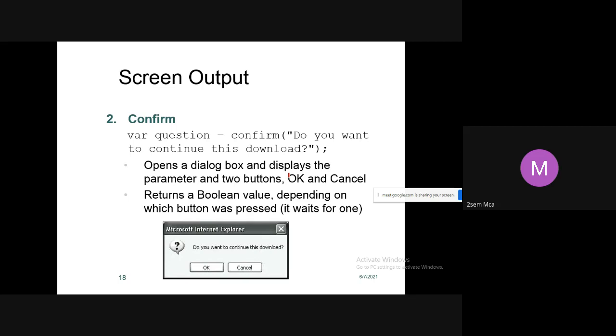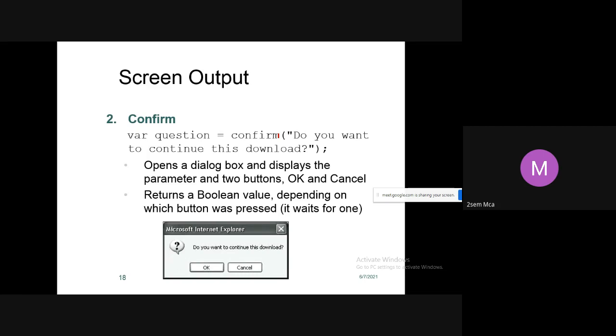It will ask, do you want to continue downloading? If you click on the OK button, it will continue. If you click on the cancel button, it will stop the downloading. Correct, no, students? So it will ask for confirmation from the user.